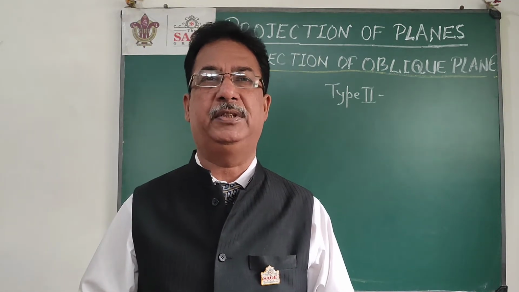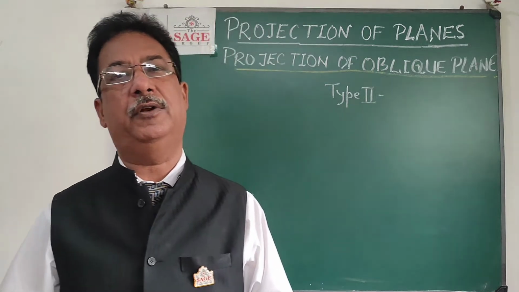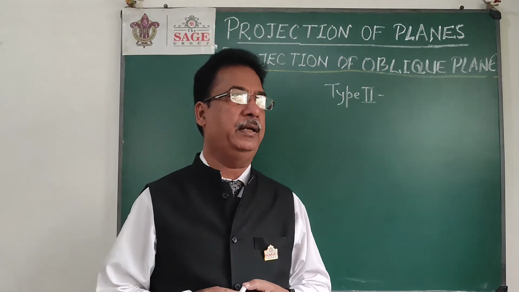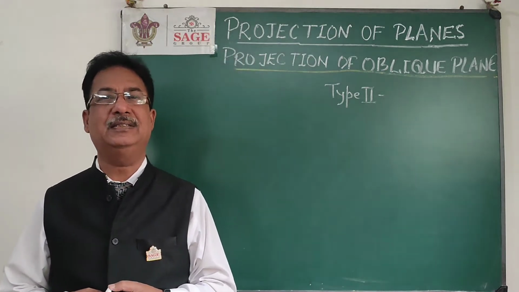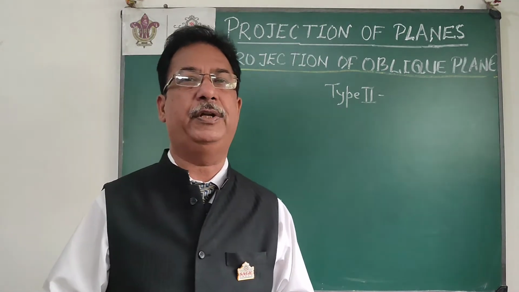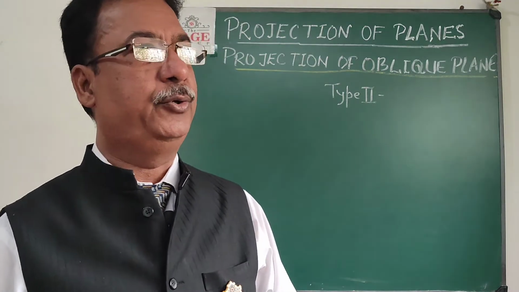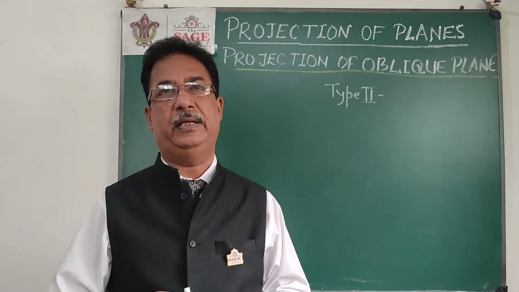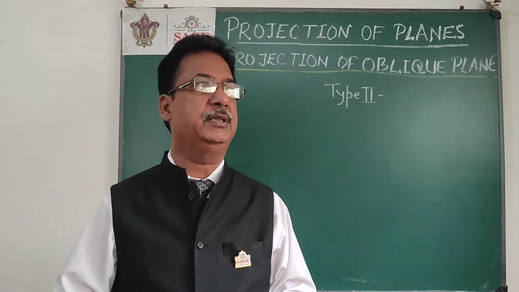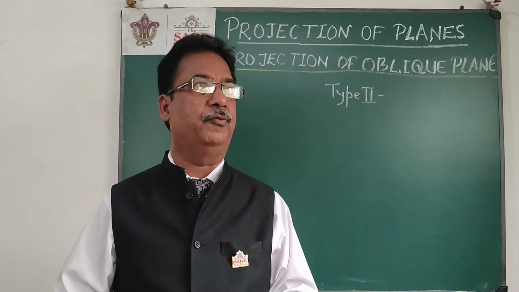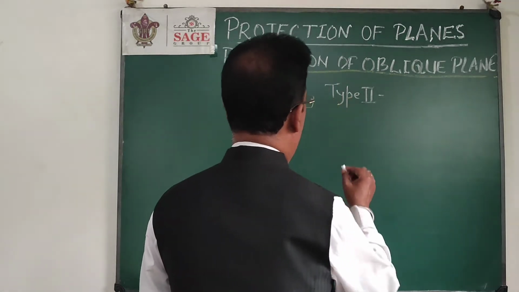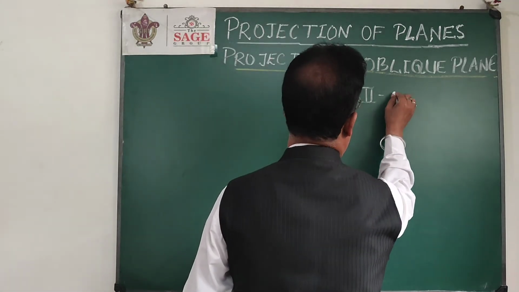this time they will say that maybe one of the corners will be on the HP or on the VP. So the earlier cases were the cases when we hold the plane on one of its sides. Today I am going to take the case of the corner. As you remember, I told you earlier that in the case of a plane there are two options: I can hold a plane on one of its sides or maybe on its corner. So today's problem type will be like this.